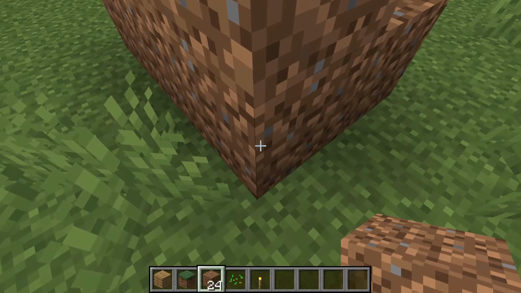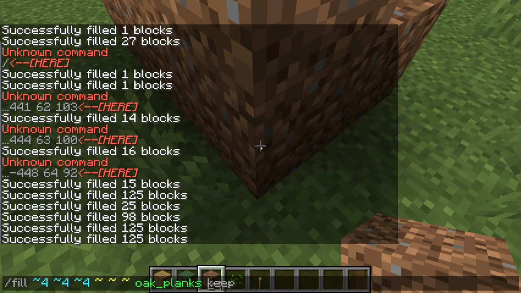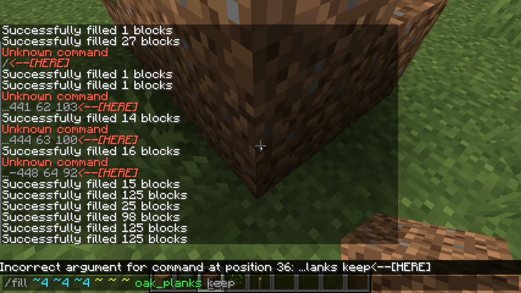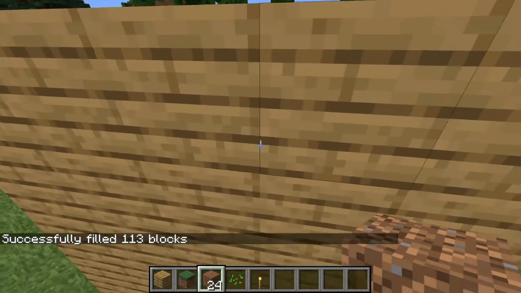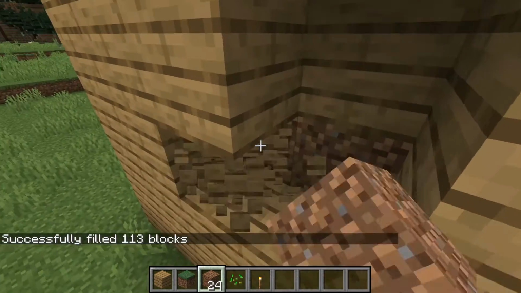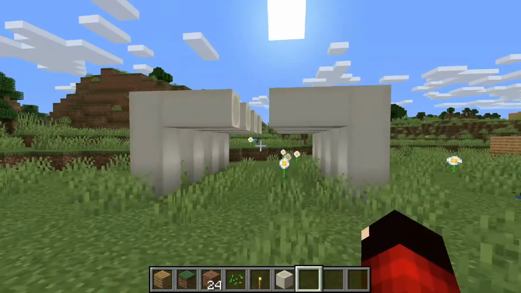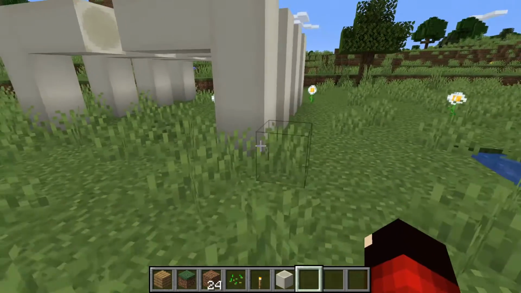The next one is actually called keep. Now, based on the word, again, it's kind of obvious what it does. So basically, if we press space, it says incorrect argument, so we just don't have to do anything else. Once we press enter, you'll see that the dirt house might be gone, but no. It's actually been kept. It's hollow and can be pretty useful when you're trying to hide some pretty big